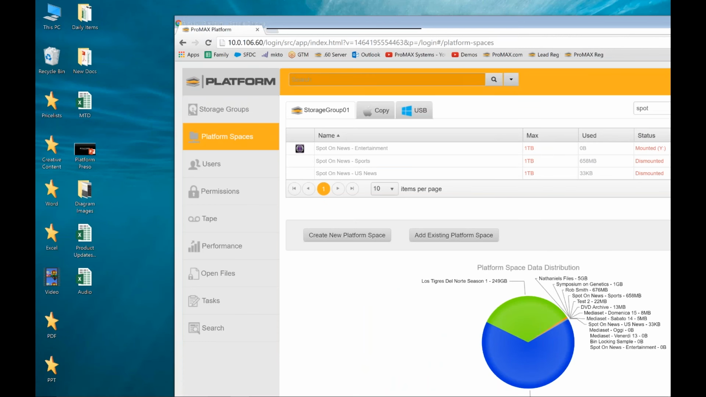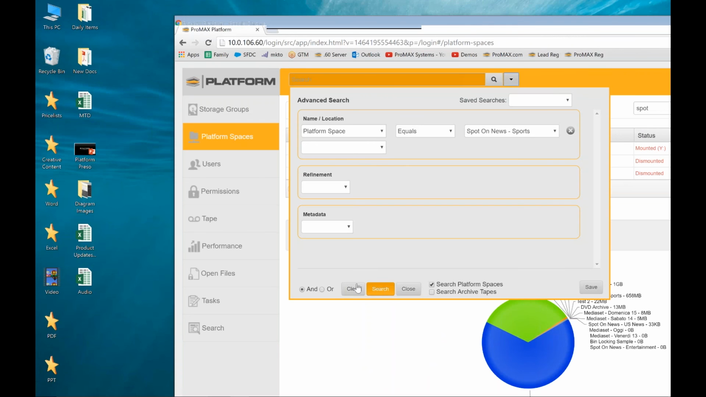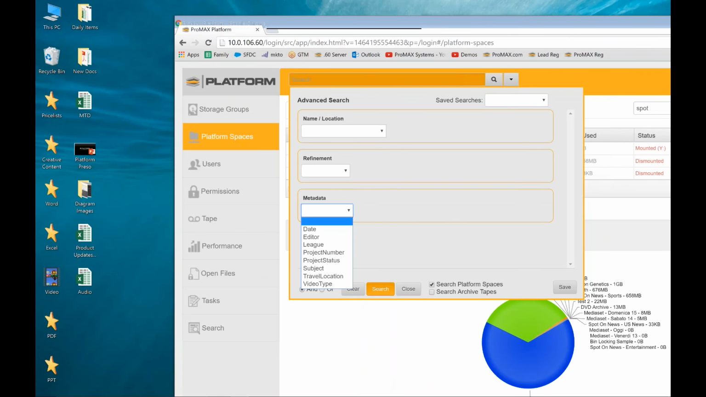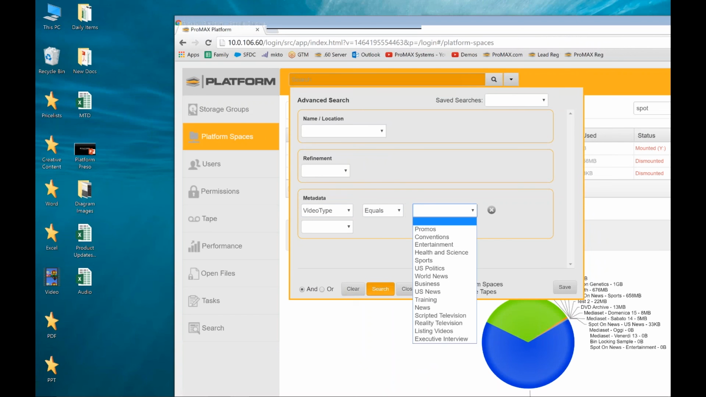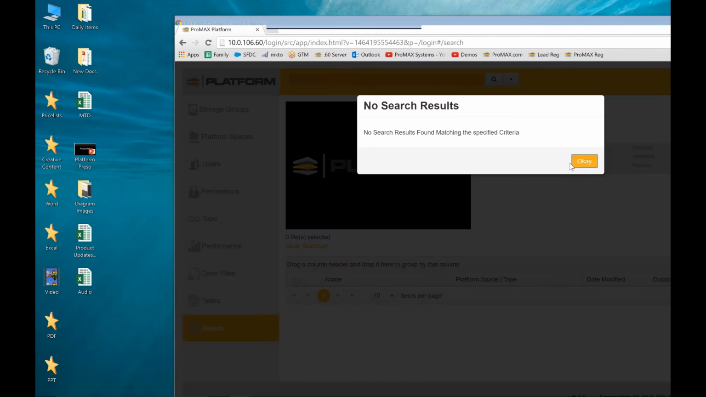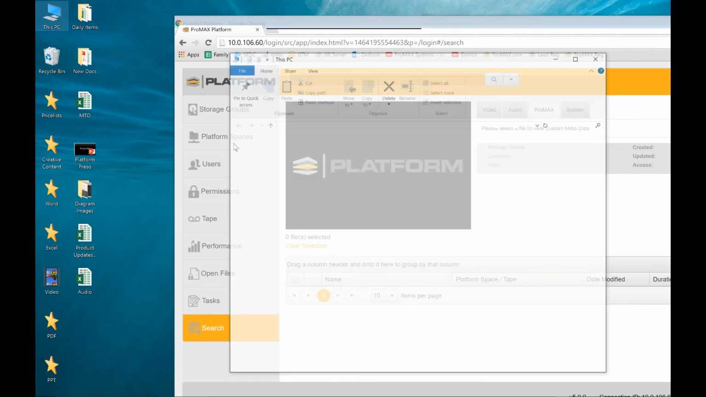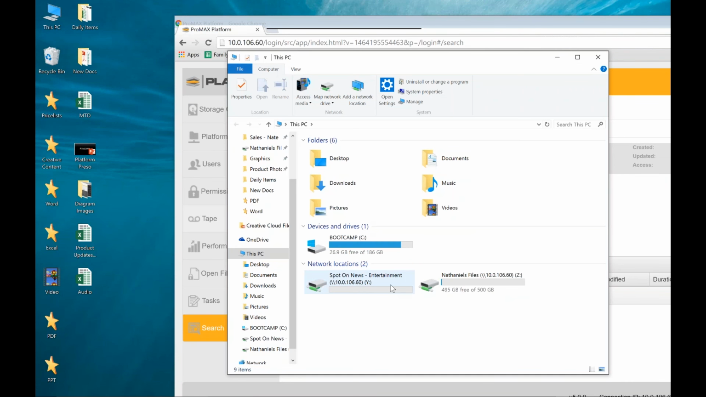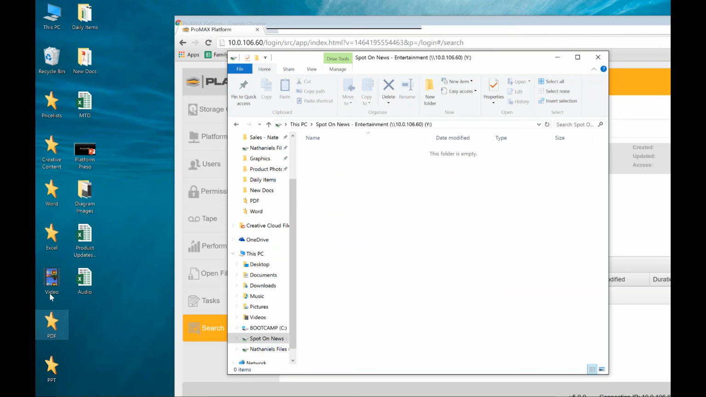And actually before I do that, I'll do a quick search. So let's do a search. I'm going to search for video type equals, and then there's all of that metadata we created. Let's find entertainment. Now I'm going to search for this right now and not find anything because nothing's been tagged that way. But if I go into that Spot On News Entertainment volume, and I'm just going to grab a